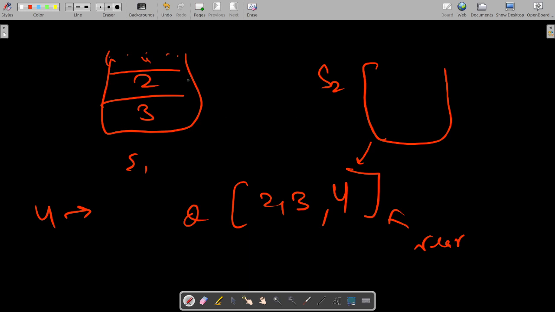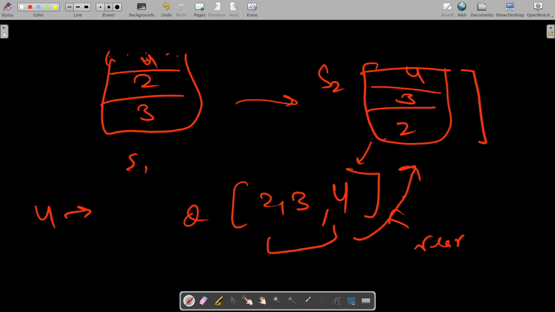So what I will be doing is push all elements of S1 to S2. First 2 will come over here and 3 will come over here, and then push the element x to S2. Now my order is reversed. When this is reversed, we can push all the elements back to S1.